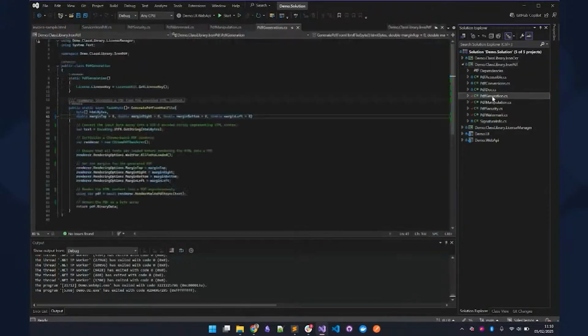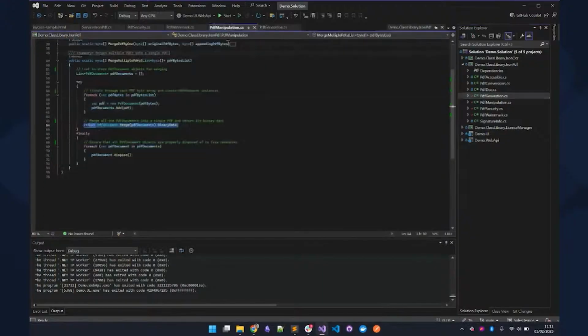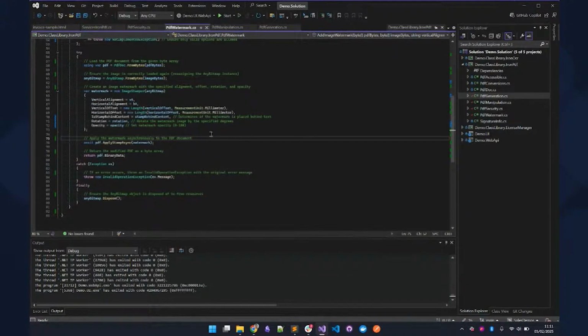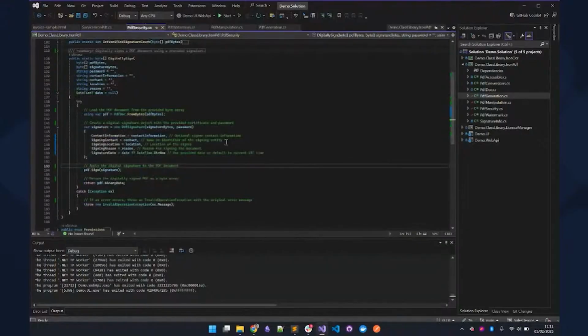So, for example, PDF generation will hold a ways that you can render HTML to PDF. Manipulation has different ways of merging multiple PDF files. Watermark, self-explanatory, allows you to add watermarks within your PDF files, and security is a way to add digital signatures. So here, the class library consists of multiple files that has a different feature sets, and there is a